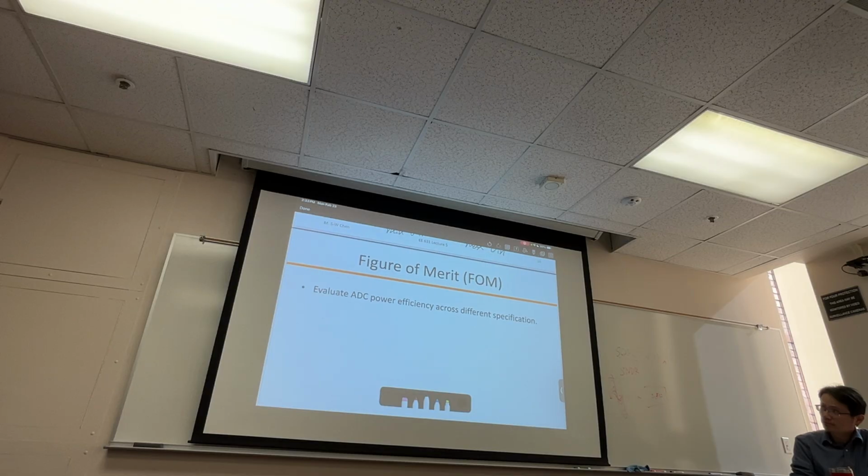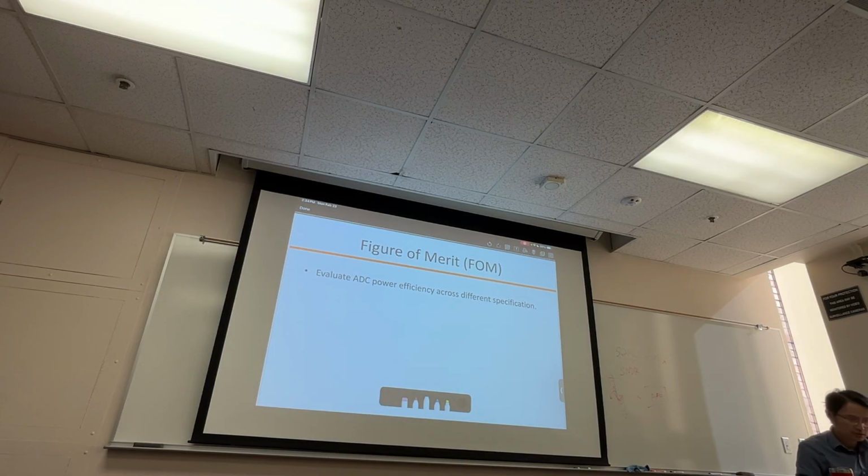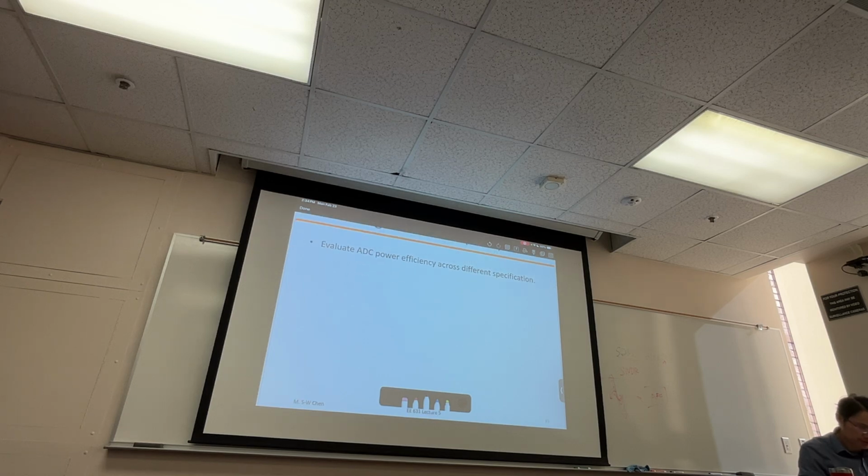Last thing, I want to talk about the figure of merit of the ADC. This figure of merit was defined to quantify the power efficiency, or energy efficiency, of your ADC. So basically, how efficiently you actually designed your ADC. The equation here is power, the total power consumption of your ADC, divided by 2 to the power of ENOB